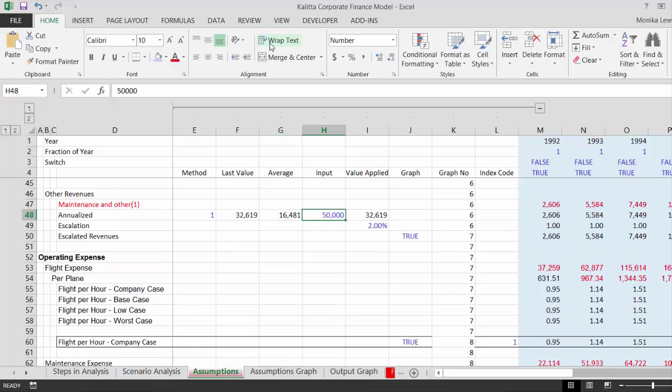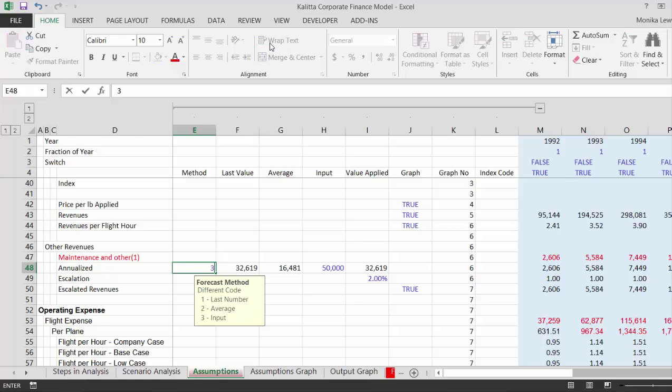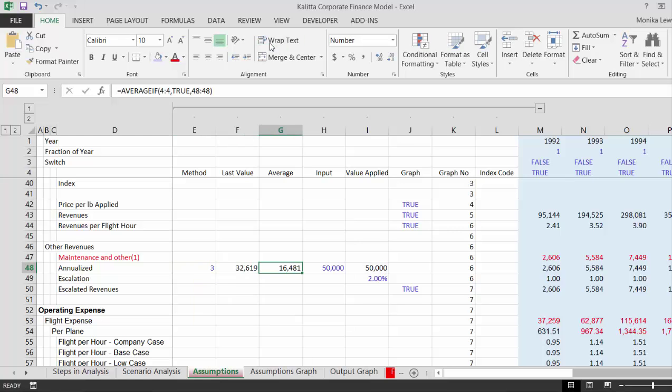We could also put the other revenues in. So we could put a forecast method of 3, and for this let's put 40,000, 50,000 for our company case,